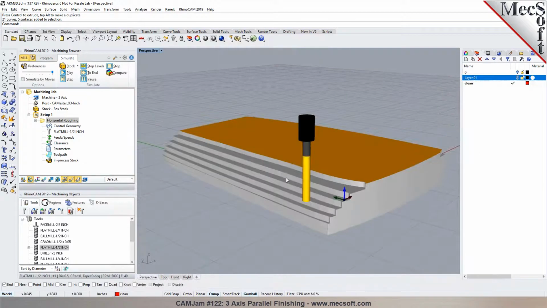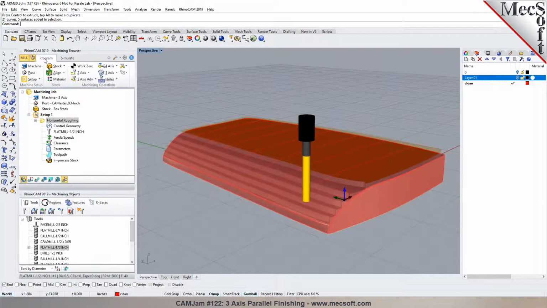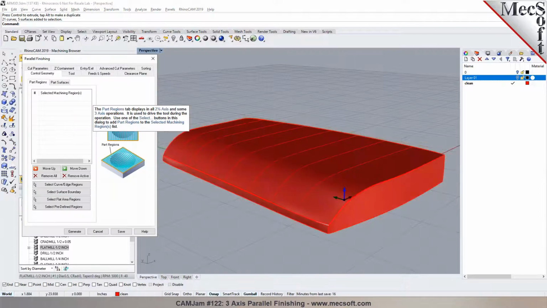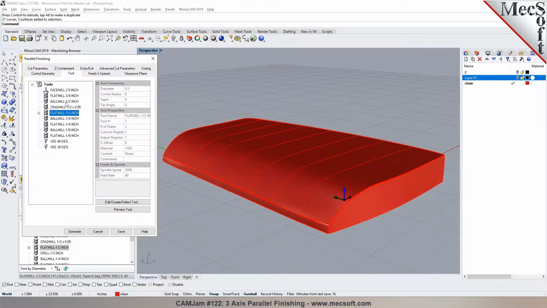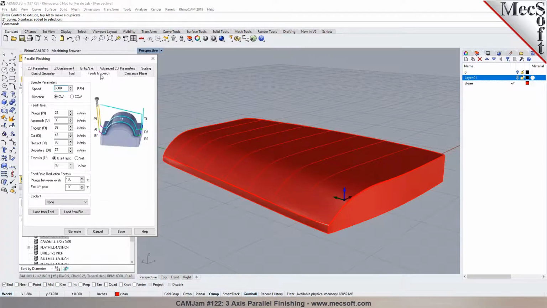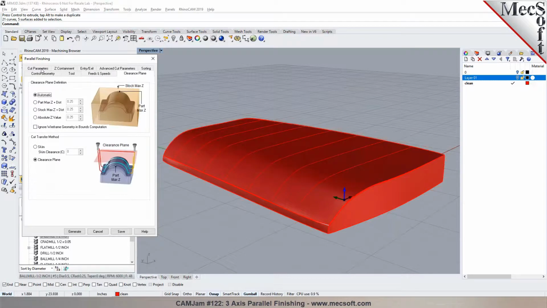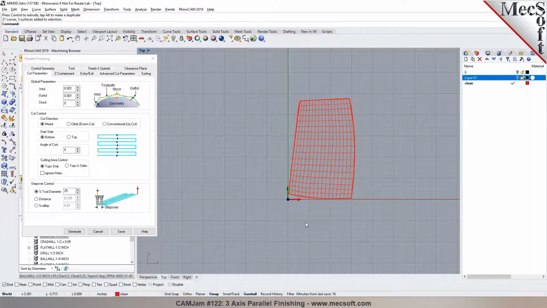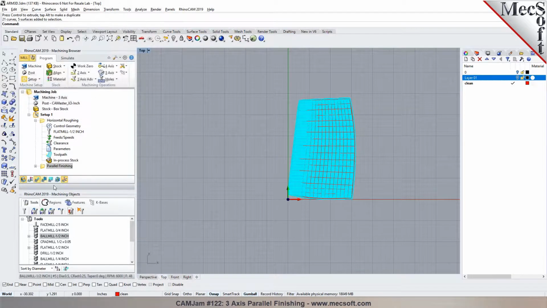Okay. The next step, if you want to do a finishing cut, you can go to a 3-axis finishing. You can start with like a parallel finishing operation. For this, typically you want to use a tool that has a radius to it. You can make like a ball end mill. You can set your feed speeds, clearance. In the cutting, you can specify your cut direction, cut angle in here. And then you can specify your step overs and then pick generate. So that's going to create a finishing pass